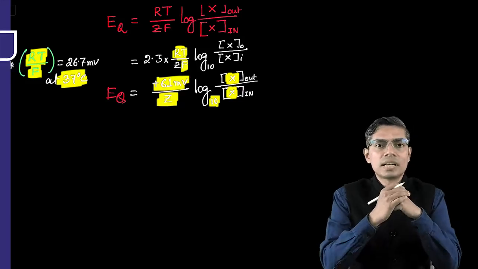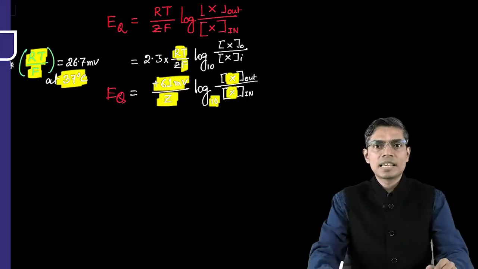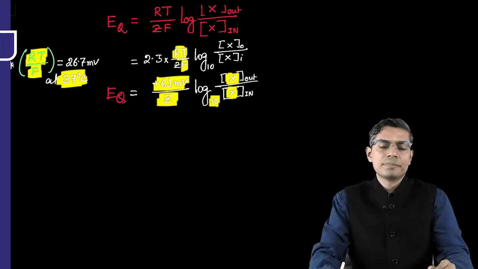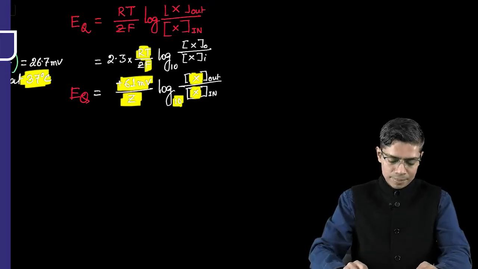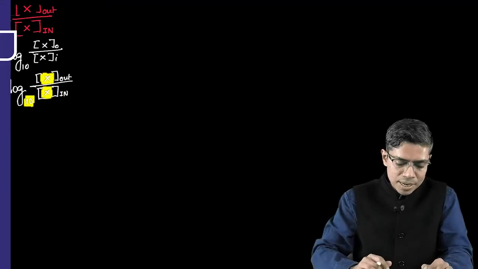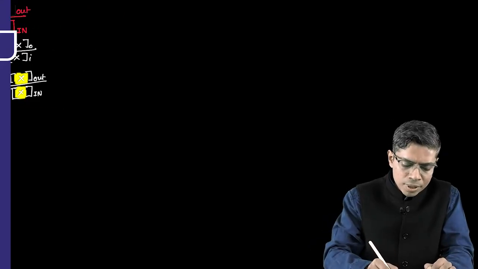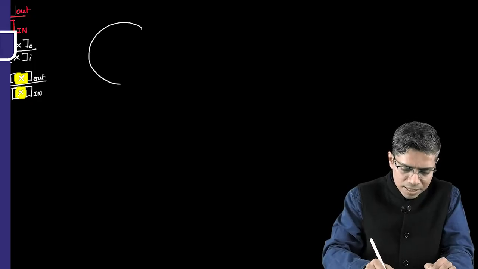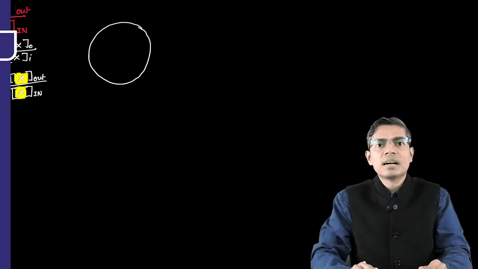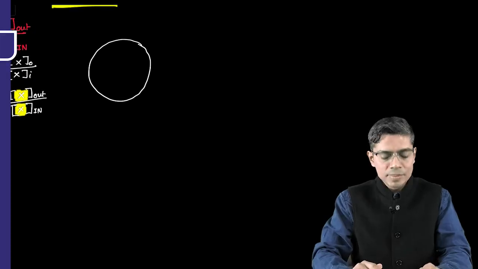So if it is sodium, I will write down plus 1 for Z. If it is calcium, I will write down plus 2. If it is chloride, I will write down minus 1. So with this concept, suppose I am giving you a problem. Not just a problem, basically just to give you an idea how to apply this equation if mathematics is given